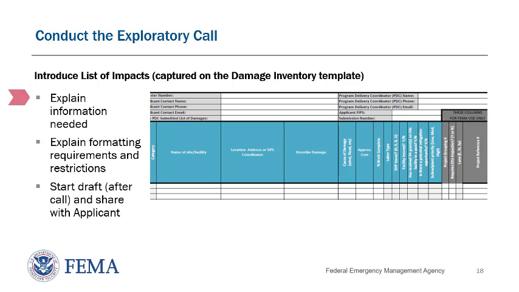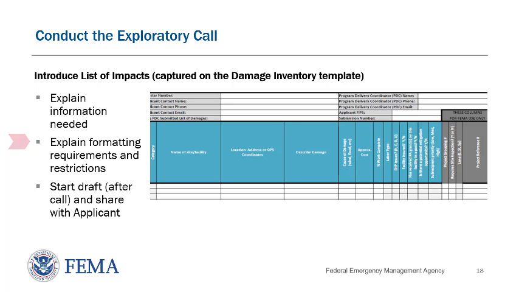You can also explain the information that FEMA is seeking in that template. In other words, what the various fields and column headings mean. Also, you can explain that for each line item, the list of impacts should include a brief description of the damage, or the response activity, the location, the repairs made, and the applicant's priorities for recovery. Also make sure to communicate the formatting requirements and restrictions of the template, such as don't change any headings, don't move any columns around or change any formatting, don't delete or add any columns, don't leave blank rows between entries,